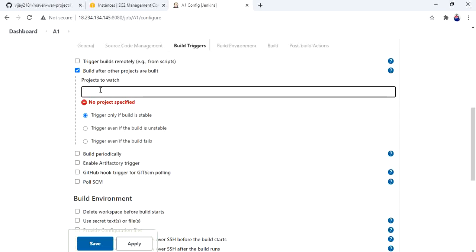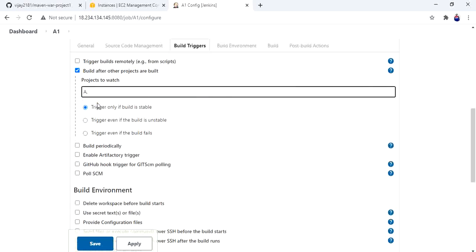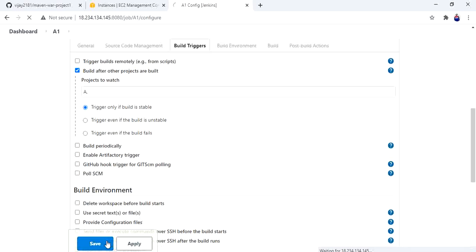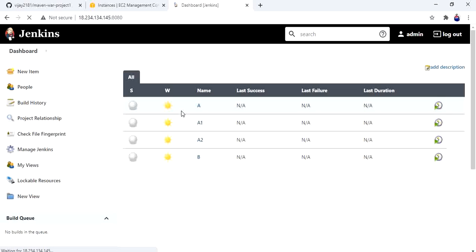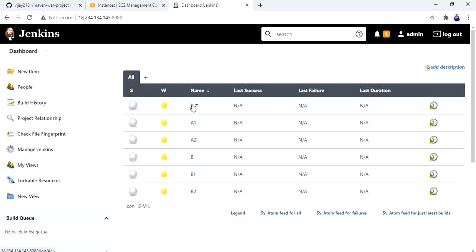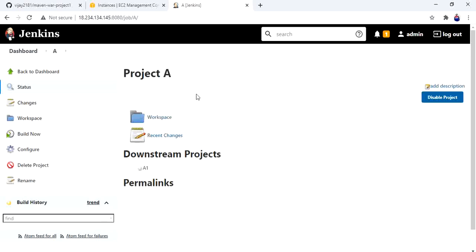For A1, upstream project will be A. Save. Next, if you go to A, you are getting downstream project as A1.